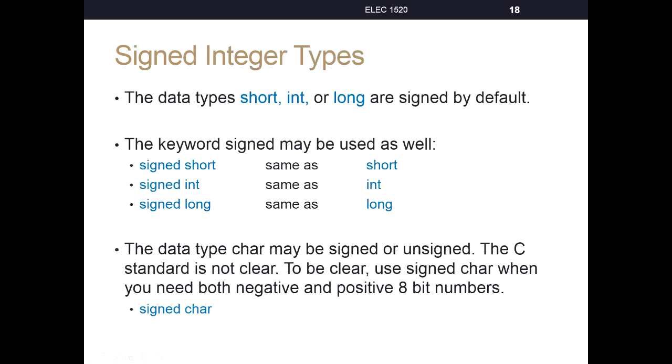So, signed integer types. The keyword signed, so signed short, signed int, signed long, is very clear to the reader that you mean for this to be a signed number that can store both positive and negative numbers. You won't see the keyword signed written very often. You'll just see the word short, the word int, or the word long typically written. You'll rarely ever see signed. Know that these are both the